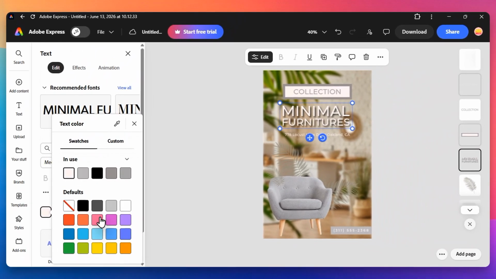If you want to change the color, just click on the color swatch in the panel to open up the palette. You can choose from preset colors, use the eyedropper tool to match a color already in your image, or enter a specific hex code for total precision. Beyond